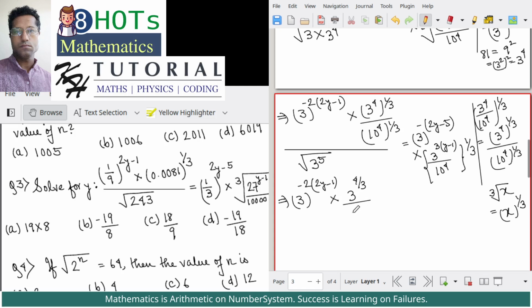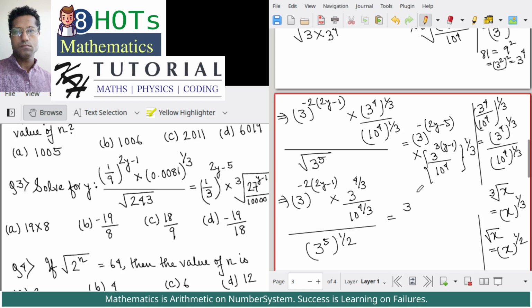Similarly, we have 10 to the power 4 by 3 and divided by square root of 3 to the power 5. Square root means power half. Square root of x is equal to x to the power half. So we have square root of 3 to the power 5 means 3 to the power 5 this whole raised to the power half is equal to, we have